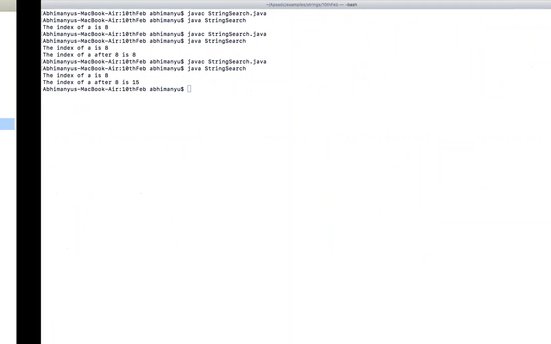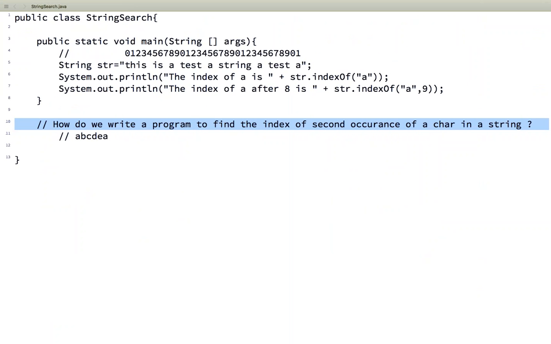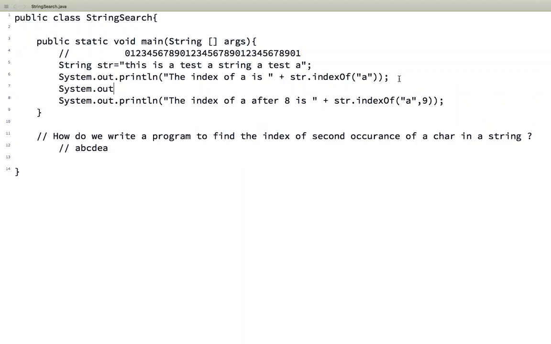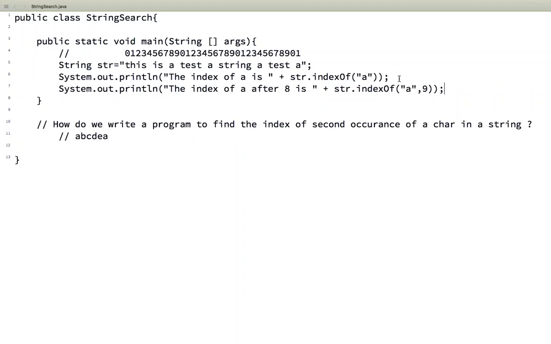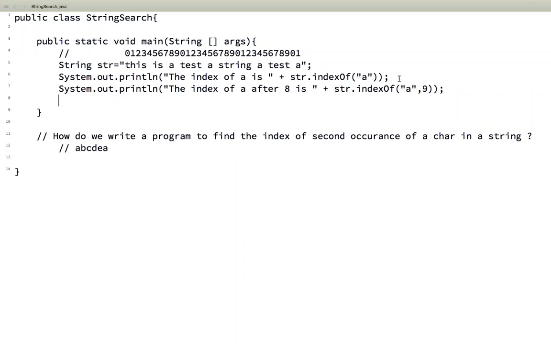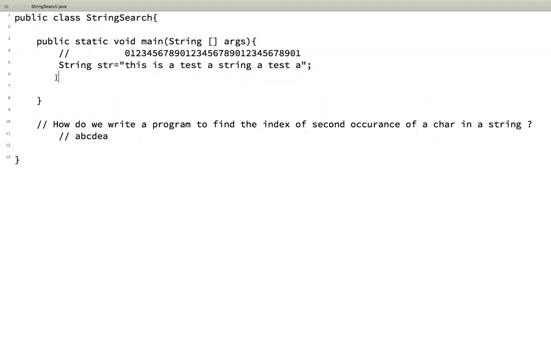I hope at least one of you was able to solve it. Let's see now. How can we do it? So right now we saw that to find the first occurrence, we use this. So what do we say? System dot, in order to find the second occurrence, we simply have to do this, right? And how do we get this? We get this using this. So in short, to write it in one line, we simply say